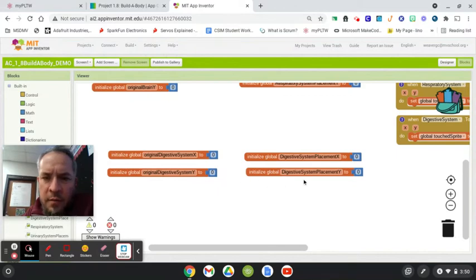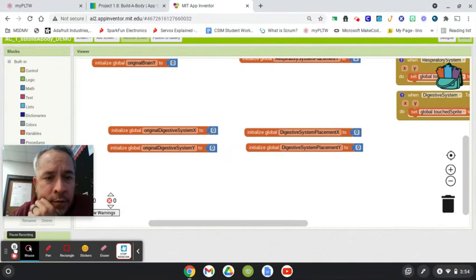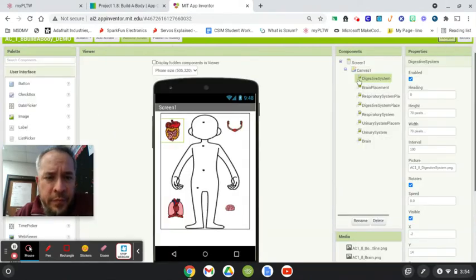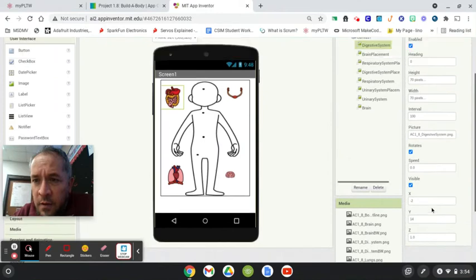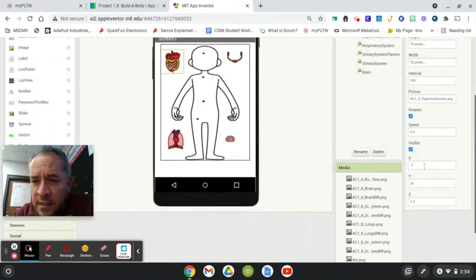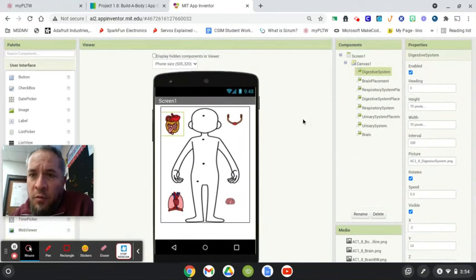And then we need to figure out the placement x and y coordinates, and plug those numbers in there. Okay, so let's figure out their original x and y coordinates. We have our two variables here, x and y, for digestive. If I go back to Designer, and here's my digestive, I click on it. Over here, under properties, it has given me x as -2 and y as 14. I'm going to save those two numbers in my head, -2 and 14, and go back